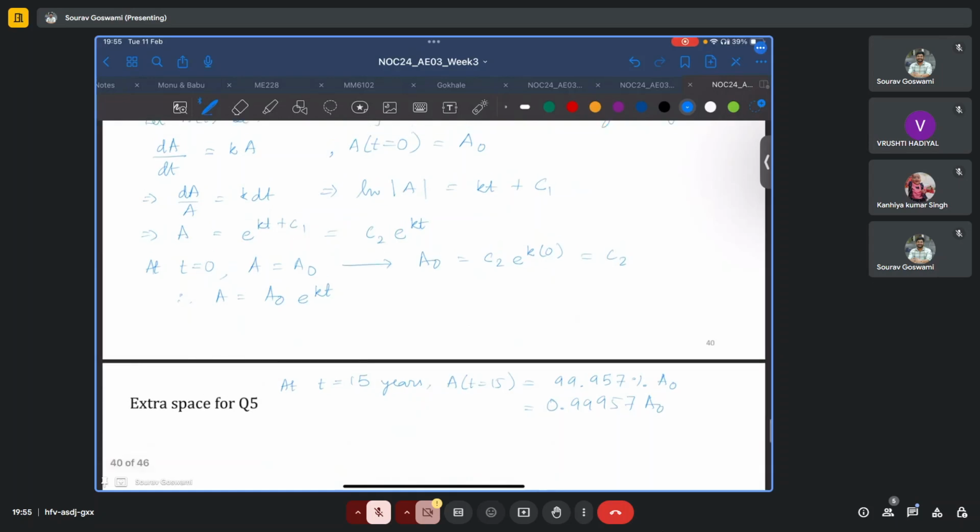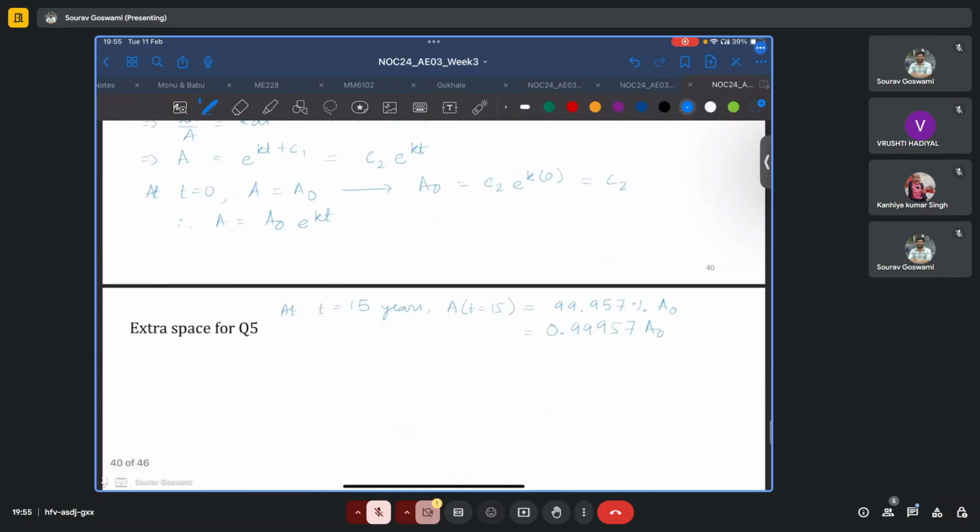So we have 0.99957 A naught is equal to A naught times e power k into 15,